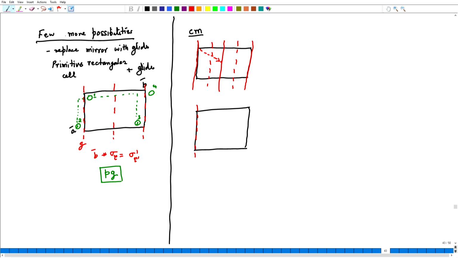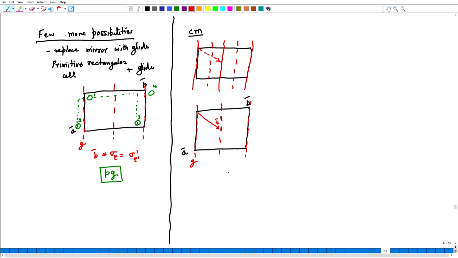Naturally, because of the lattice translation B, I will get a glide plane in the middle and obviously, I will also get the glide plane at the other edge. Now, what else can I get in this? Again, remember this has a centering translation. Let us call this translation as the vector t, and I will denote this glide as g.